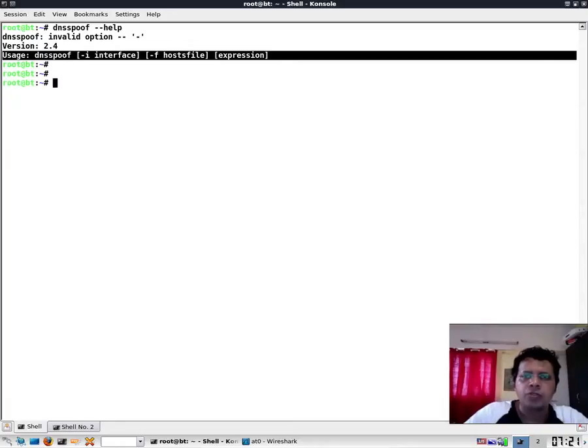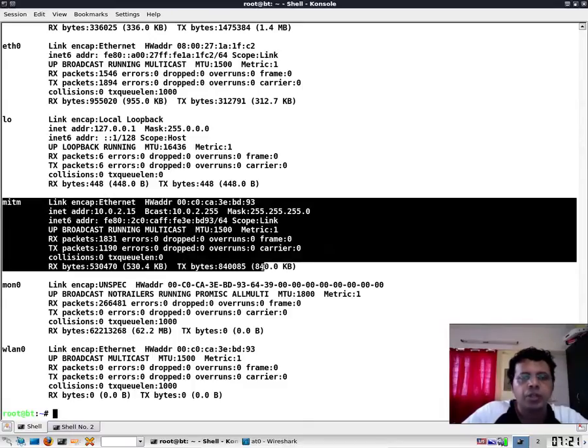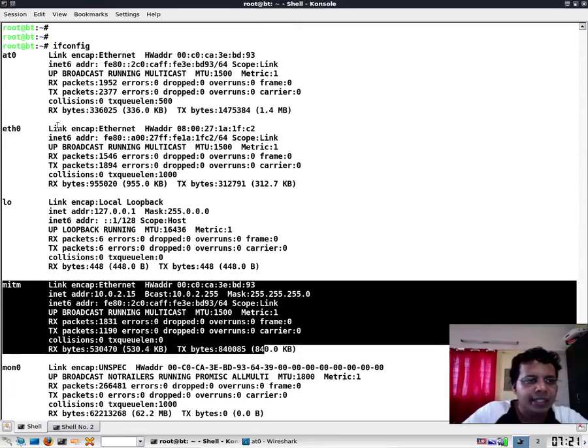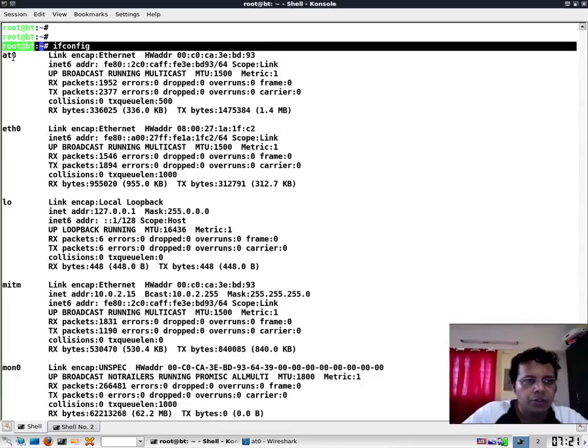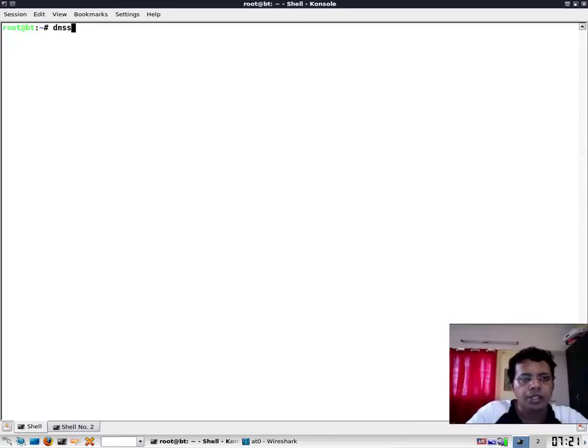Now I've described all of this in those two links which I have given. So if this is too fast for you, go back and watch those videos. I've taken this up in detail there. So what we will do is, if you remember from the previous video, we have the following interfaces. MITM is actually the bridge interface through which we are bridging traffic between ETH0 and AT0. So what we are going to do now is actually run DNS spoof